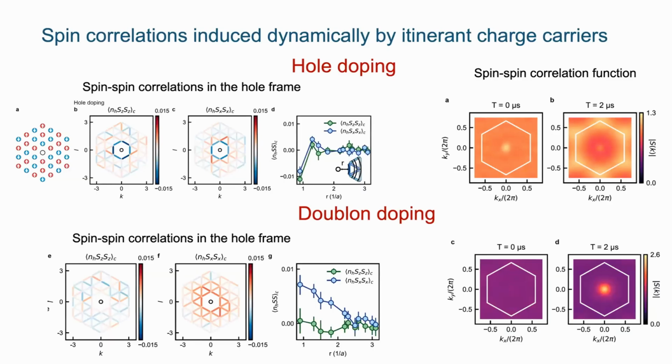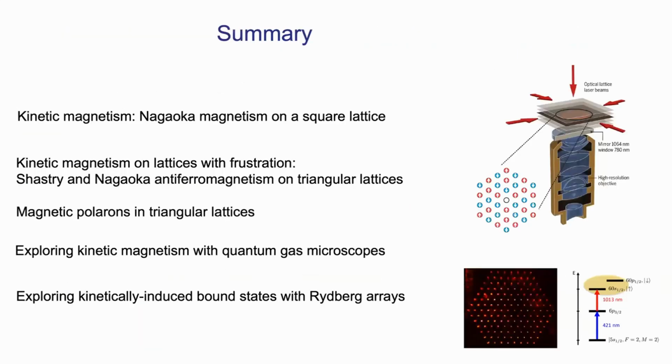But just to highlight, they also prepared a 2-dimensional system. They started again with 1 hole and let the hole expand, and they see that as it expands, it develops exactly this 120-degree type correlations. On the other hand, they also have a way of changing the sign, which turns it into a doublon. And when a doublon expands, with doublon-like dynamics, it actually creates ferromagnetic interactions. So here they can also see how this kinetic mechanism depends on what we call hole or doublon doping, and changes from ferromagnetic to antiferromagnetic.